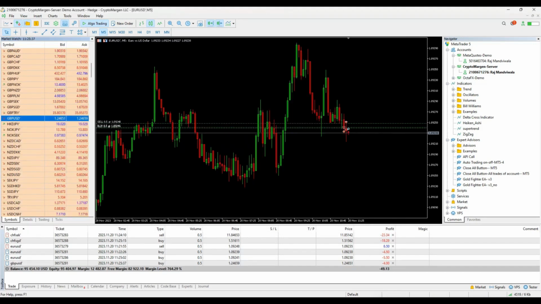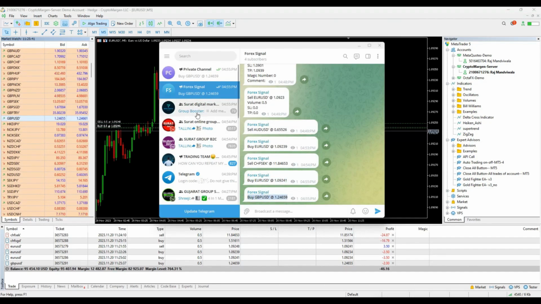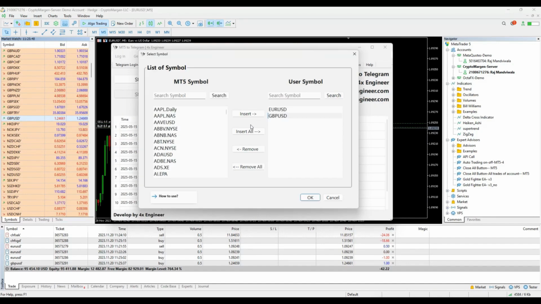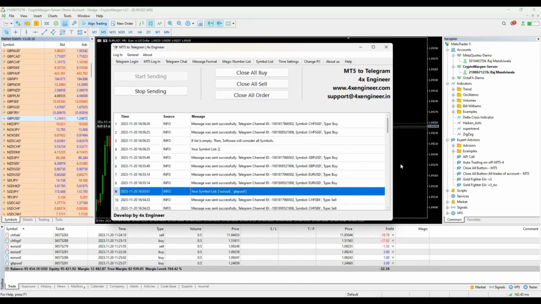However, if the name of the symbol is not added to our symbol list, you will not see notifications for orders of that symbol on your Telegram channel. If you want to delete any symbol, you can select it and click on the Remove button. If the symbol list is kept empty, then you will receive notifications for all orders placed in your account on